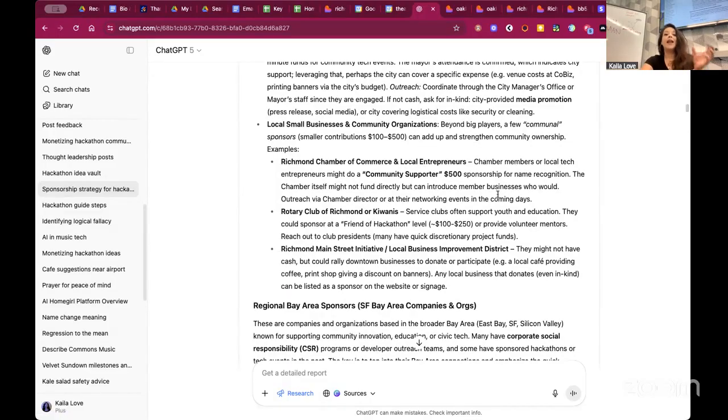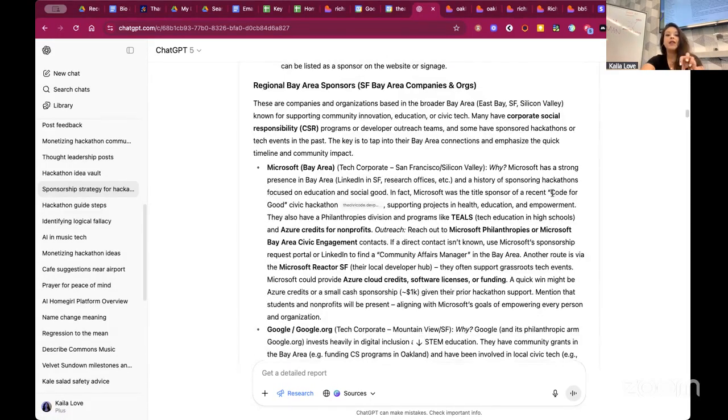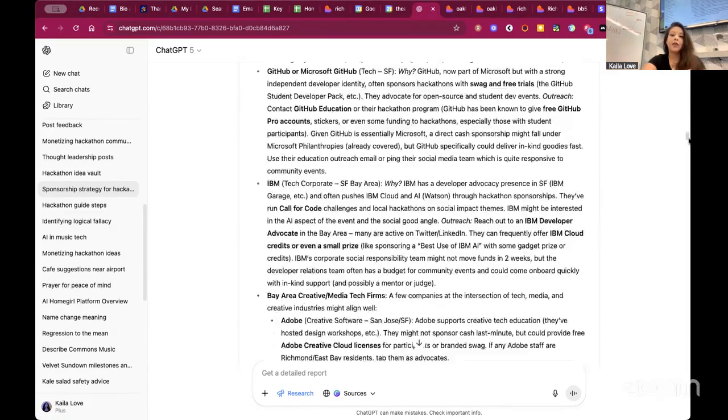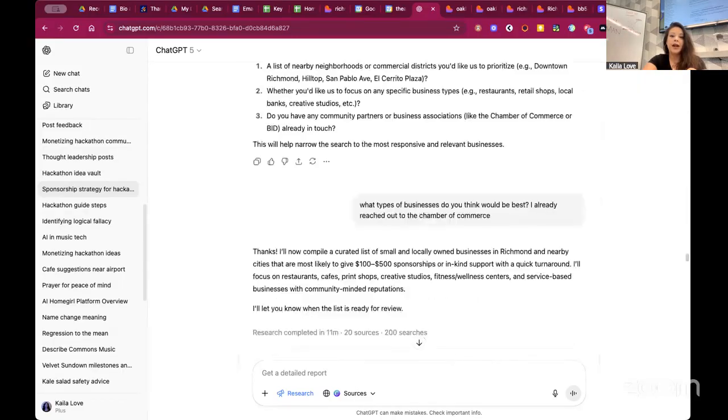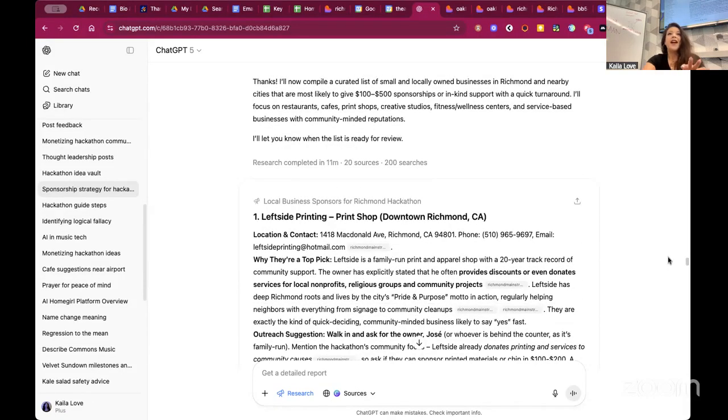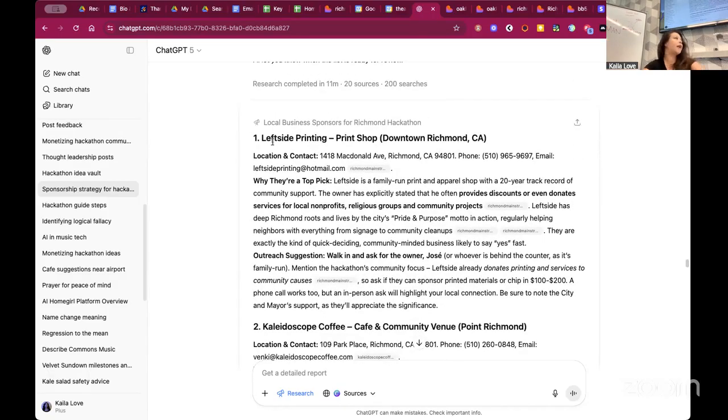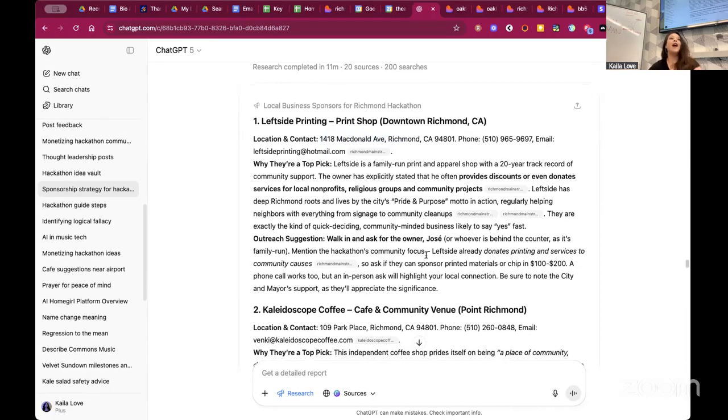So you can see that it gets really deep and detailed and it's talking specifically about things in Richmond. And then even when I went down here, I was like, I'm coming to a lot of these big sponsors, there's red tape. They're not going to be able to turn around. So what do you have for local sponsorships? And look at Left Side Printing, literally right there across the street. And it gives the location and it gave the emails. So now it helped me create this entire database that I could take, if I wanted to make that public and put it on Lovable. So that's more so the deep research.